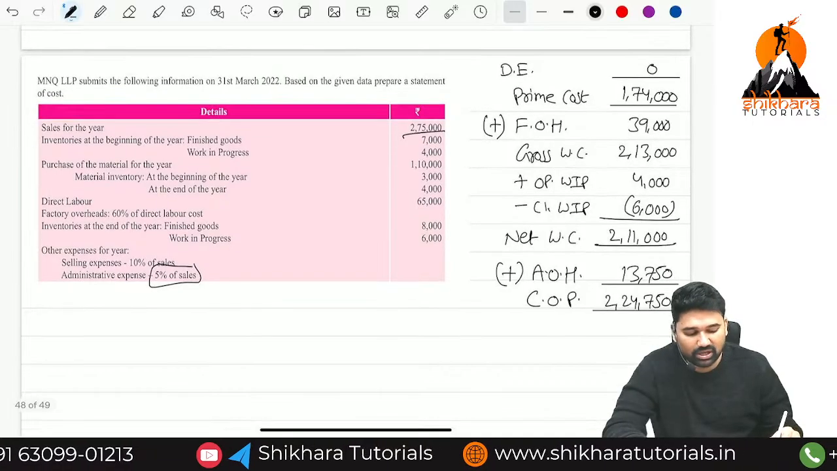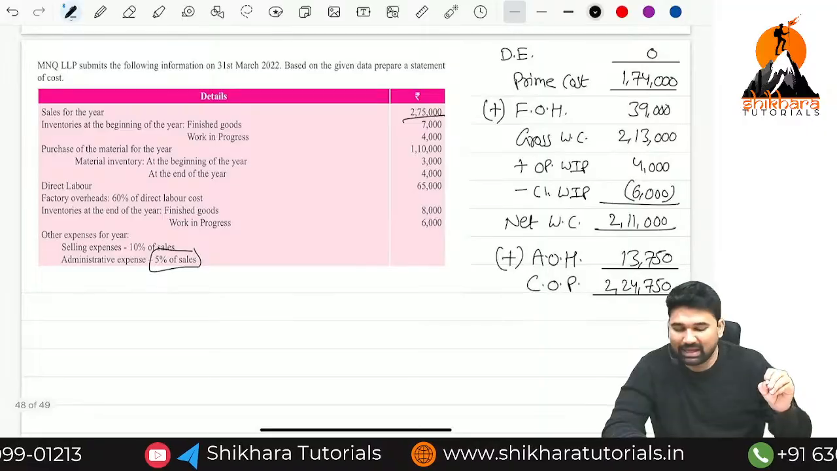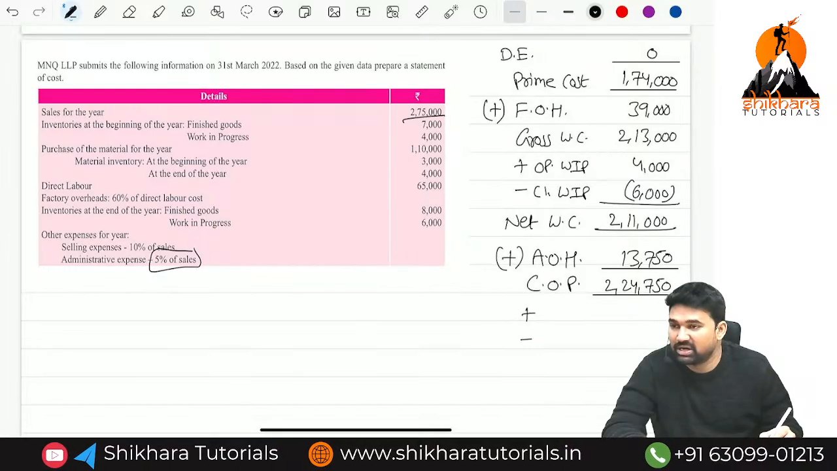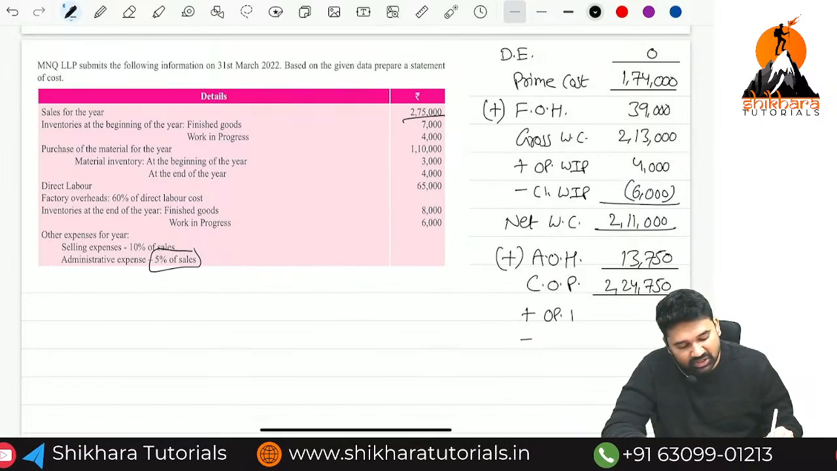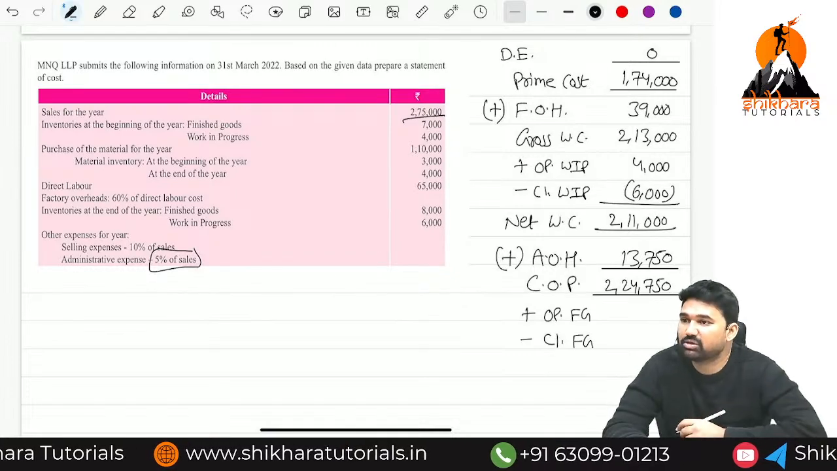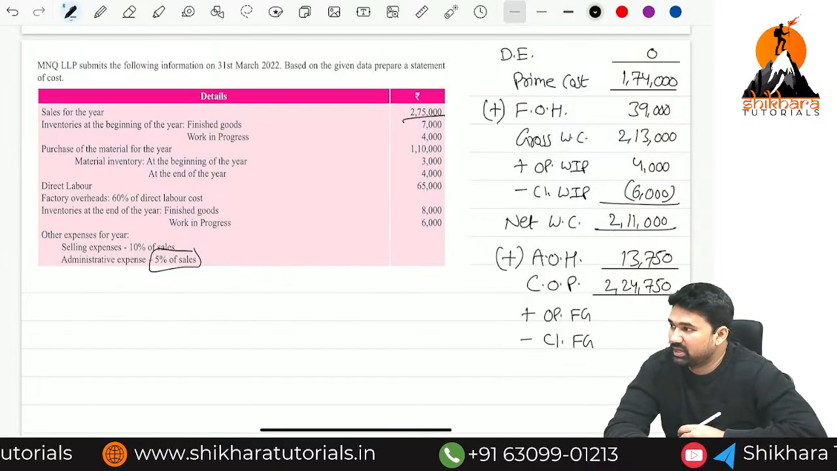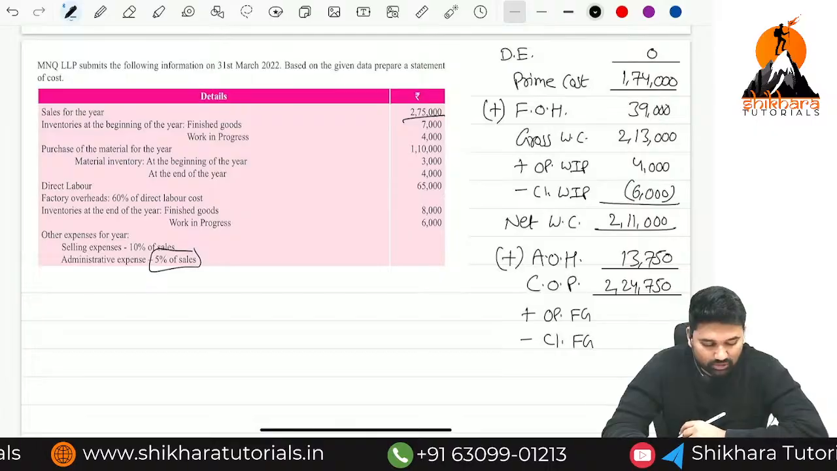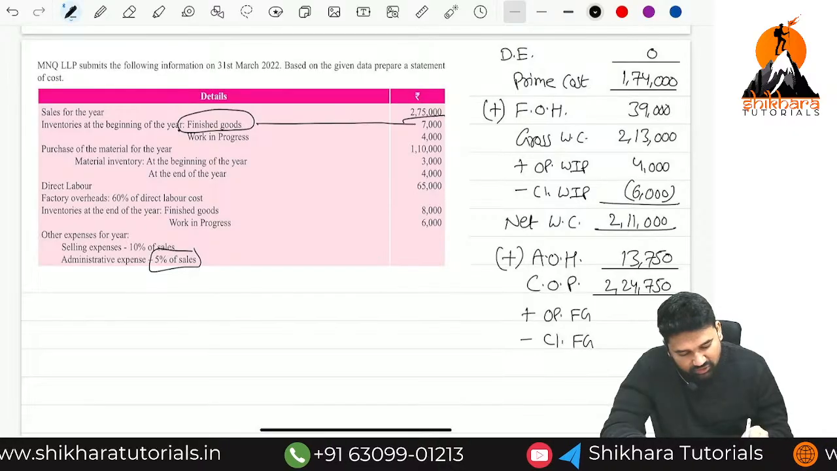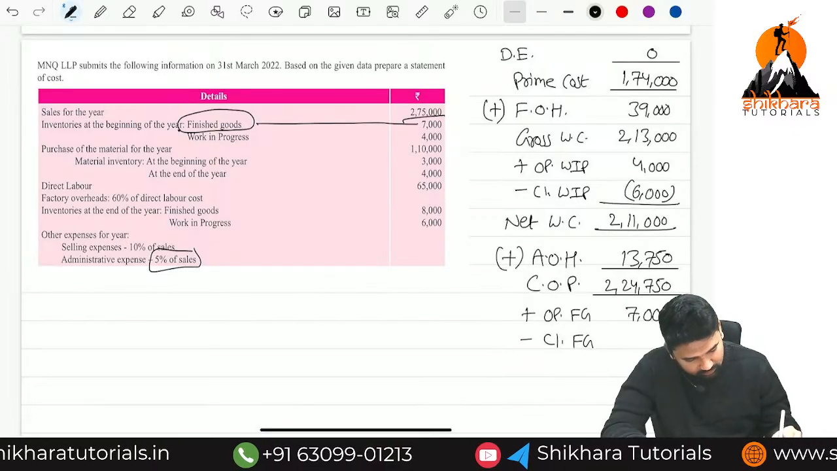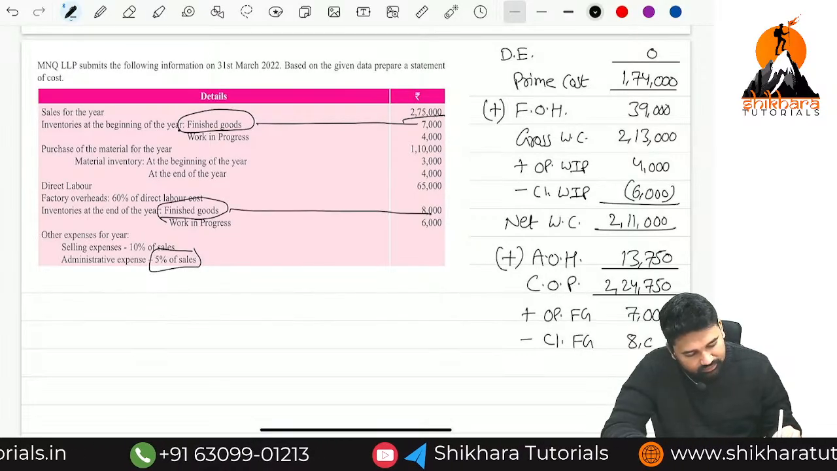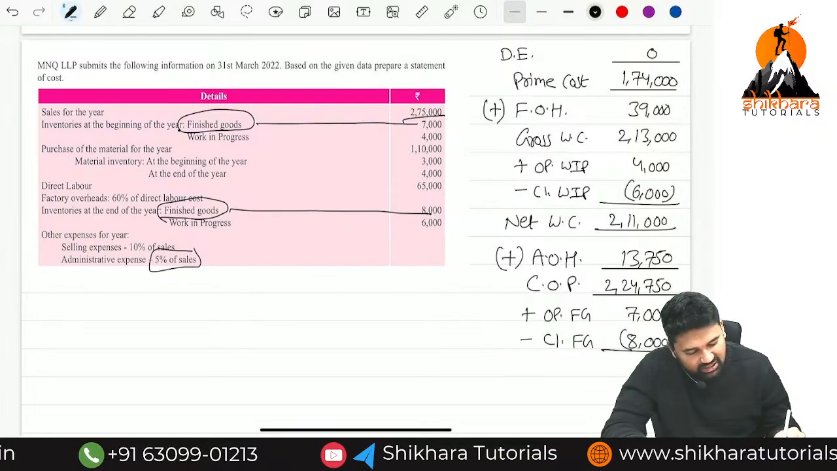Okay. To this cost of production, we have to do again one small adjustment. Adjustment means again we have to add something and deduct something. What we need to add? Opening stock of finished goods. What we need to deduct? Closing stock of finished goods. So opening stock of finished goods is 7,000. Closing stock of finished goods is 8,000. We need to deduct 8,000. And the result will be called